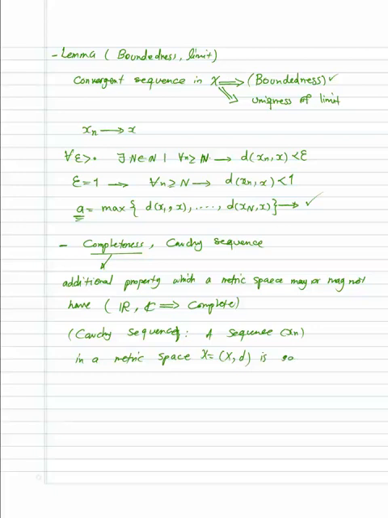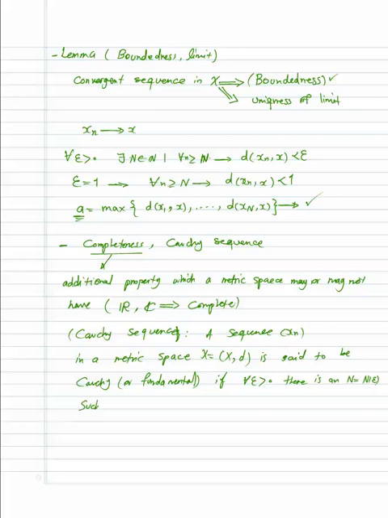It is said to be Cauchy, or sometimes called fundamental, if for any epsilon greater than 0 there is an n, which is a function of epsilon,